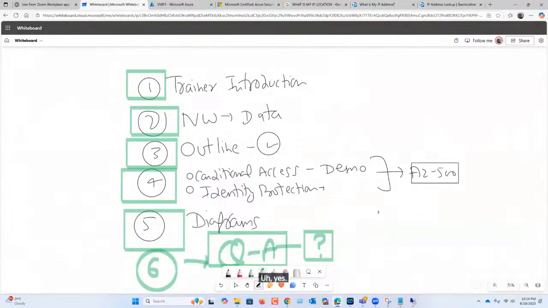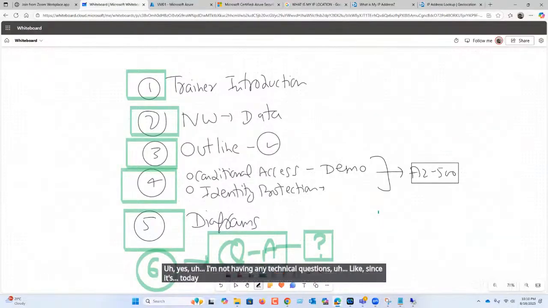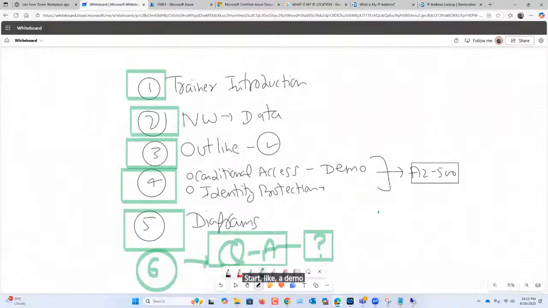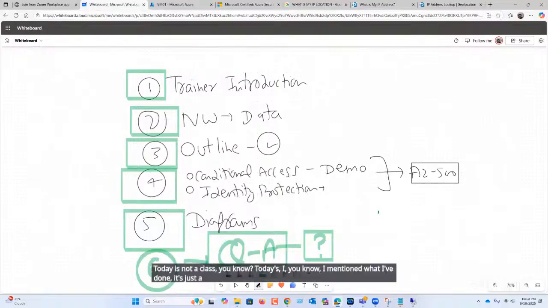I'm not having any technical questions, since today is just an introduction call, just to start like a demo. Today is not a class. I mentioned what I've done: just trainer introduction, NW data, which I'm going to share. What data I just explained, outline, little idea.